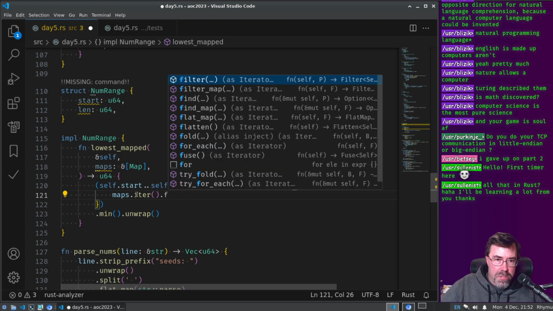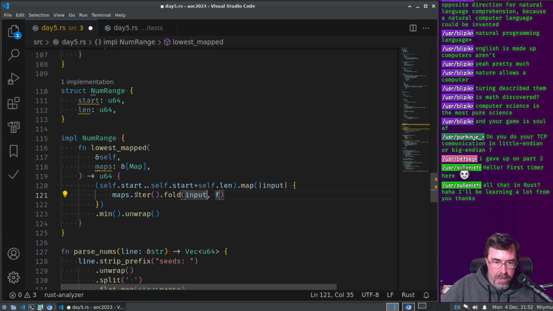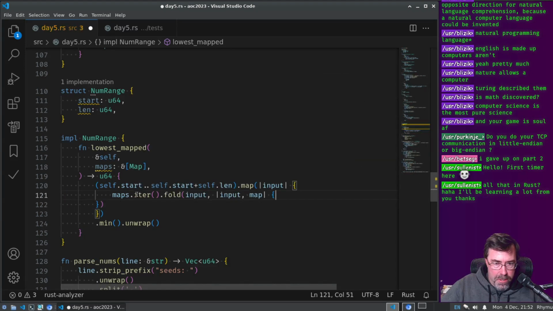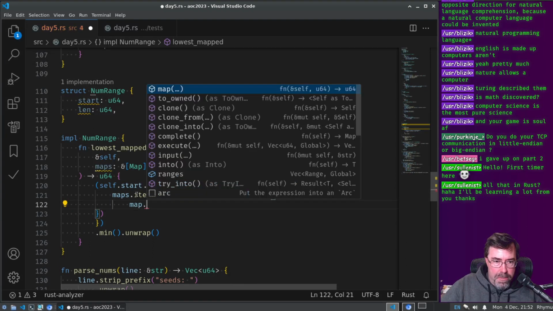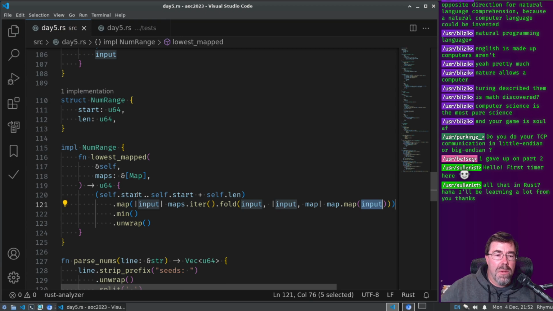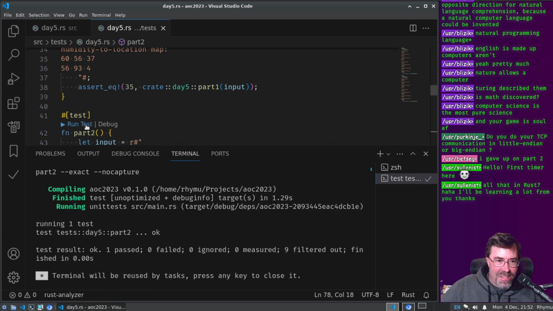I want to fold this, don't I? Fold, the initial value is the input. The function takes the input and the map and runs it through: map dot map input. There we go, I did it. Okay, see if my test still works. Oh, look at that. It works.